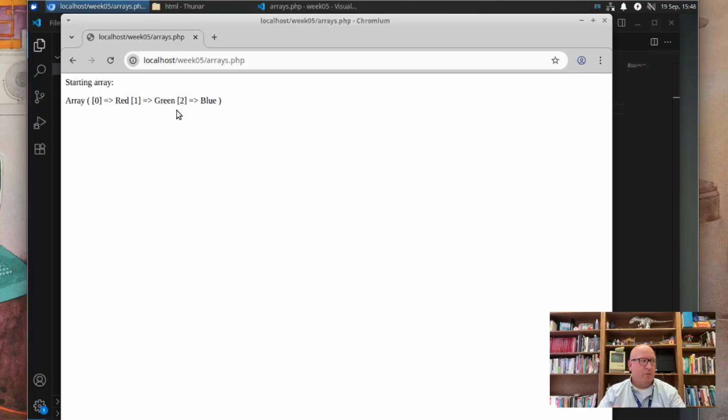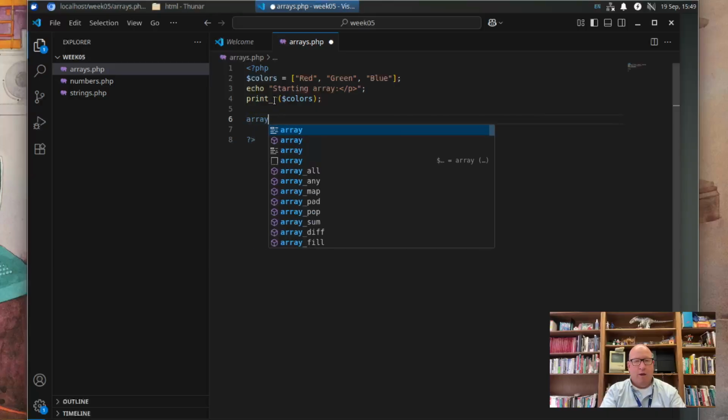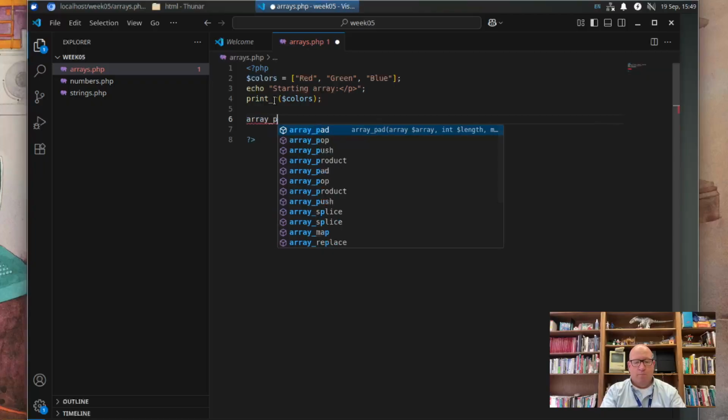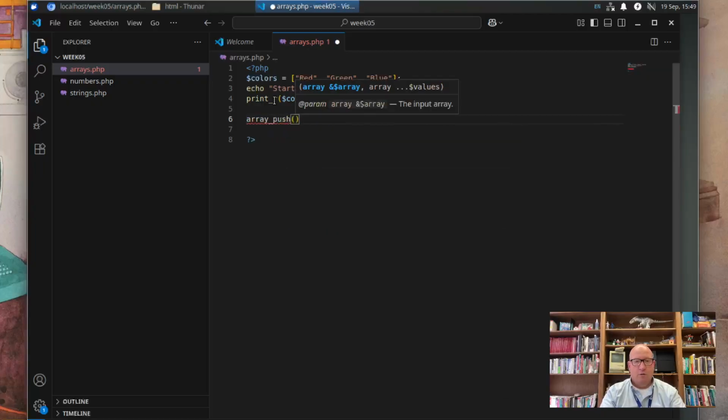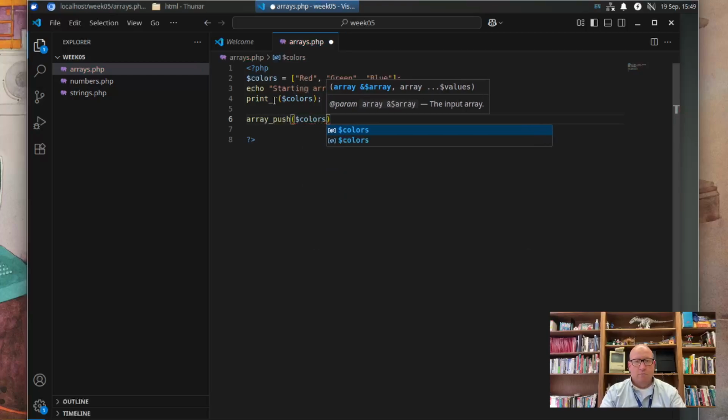Okay. So if we wanted to add something to our array through code, we use a function called push. And this will add it to the end of the array. And so we would type array underscore push, and we say what array, colors, and then we say what value we're going to pop on that. We can say yellow,